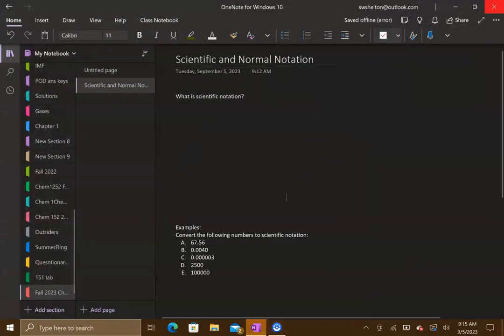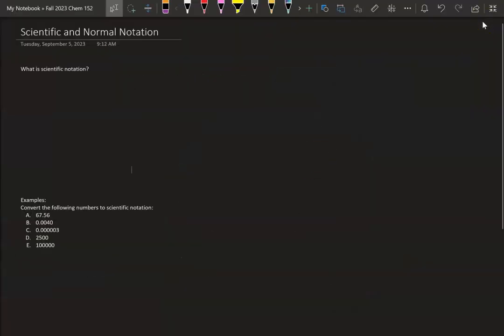Good morning, everyone. So, what we're going to be working on this morning is learning a little bit about the differences between scientific and normal notation. This is just a very plain and simple, dry cut topic, and I just want to make sure that you all understand what scientific notation is and how to convert into scientific notation if necessary. I don't think there's many situations where you're going to have to convert back to normal, but it's good to